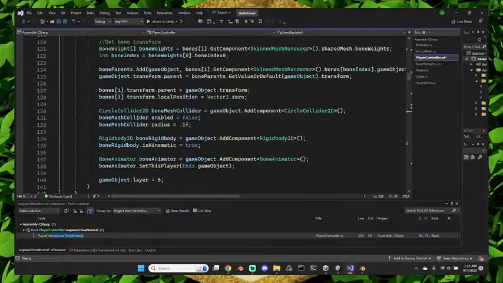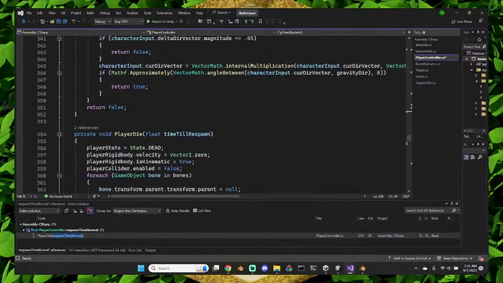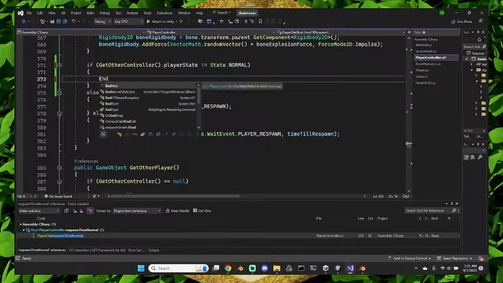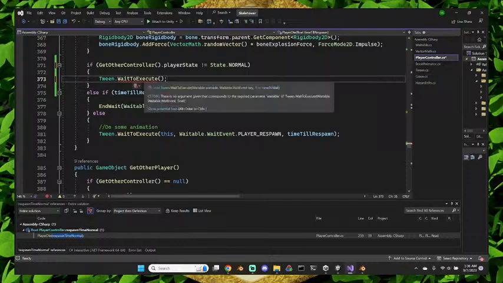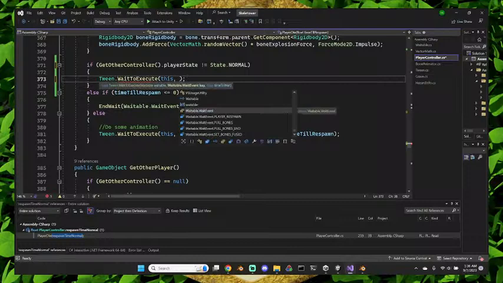So now what we can do, we freed up this, which is the normal def time. Now we can use that here. So in player die, we just say tween dot wait to execute. So we say wait to execute, and then we need to put in a waitable, which is going to be this, and then the wait event key is going to be,